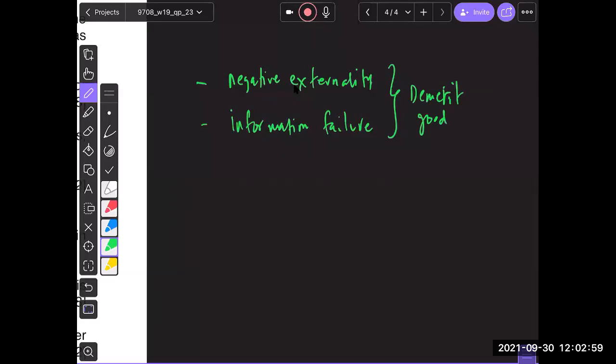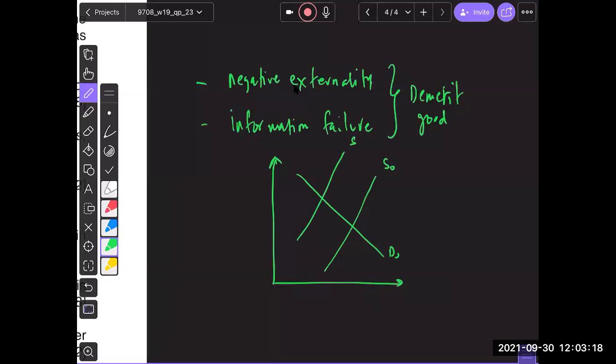What is likely to be the most effective policy to reduce these problems? You can talk about many policies that can be adopted. One policy, of course, somebody is mentioning here, is through tax. So we can draw a diagram of an indirect tax that you could put on this good. If this is my demand and supply, you can put an indirect tax. The supply curve will shift backward. The price will go up, and the quantity will go down.